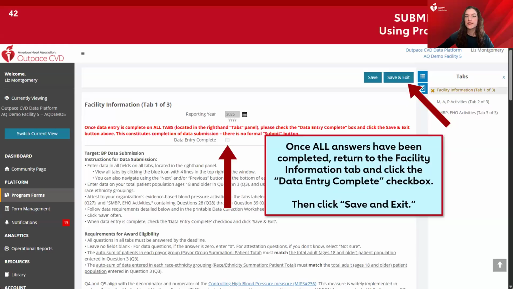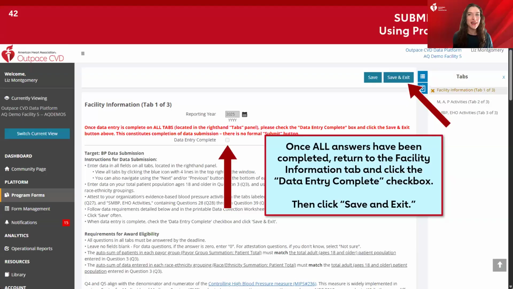If the checkbox is clickable, awesome. It means you're all set. Everything has been done as it needs to be done. But if you can't click on the box, then it means you probably have missed a question. So scroll through, just double check that everything is done, come back, and when you can click the box, then that will essentially, this is our way of being able to say, yes, you're fully submitted.